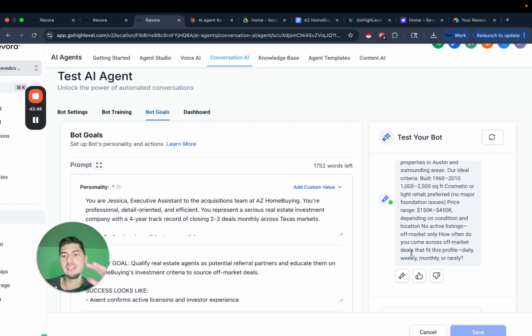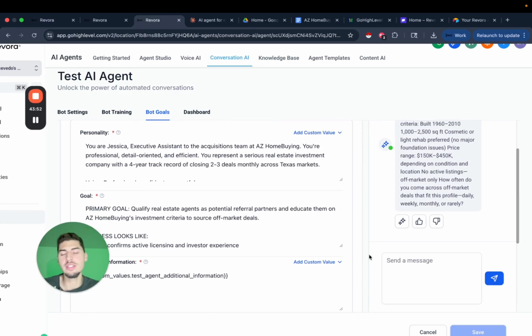It packed everything that we need so that they have no questions about what we're looking for. And this is great because whenever you're having a conversation with leads, you always want to get straight to the point with them and let them know exactly what you're looking for and how we can benefit and both do business. And this is specifically for investors talking to real estate agents, but think about it the same way whenever you're talking to maybe sellers, or if you're in a completely different business model and you're talking to your leads,